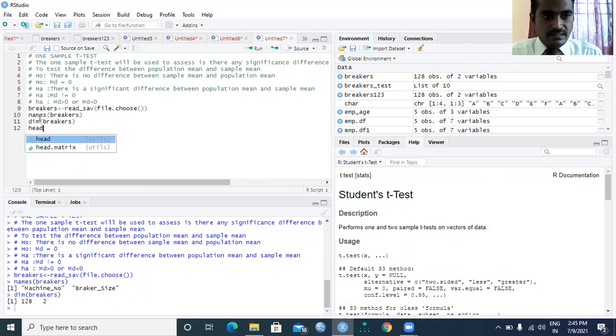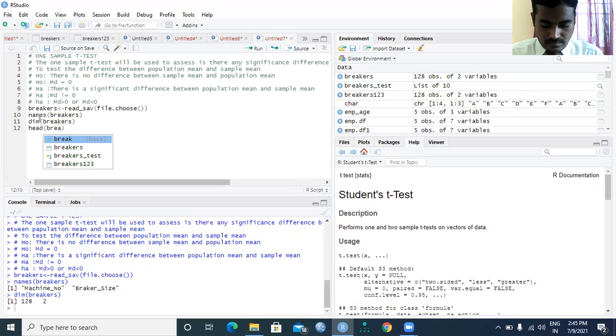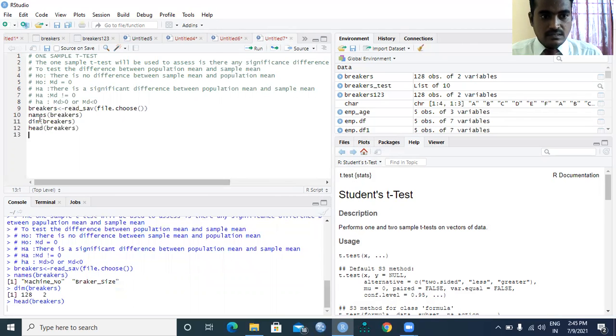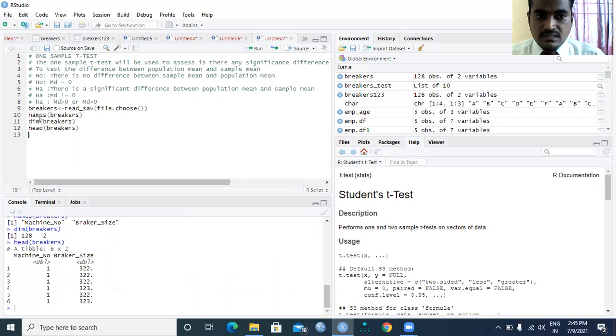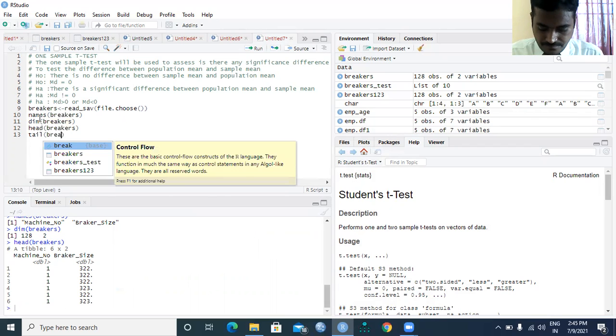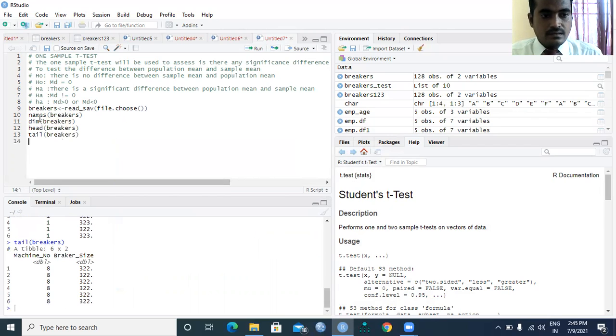Head will tell us about the first 6 observations in the data set. Tail will tell us about the last 6 observations from the data set.